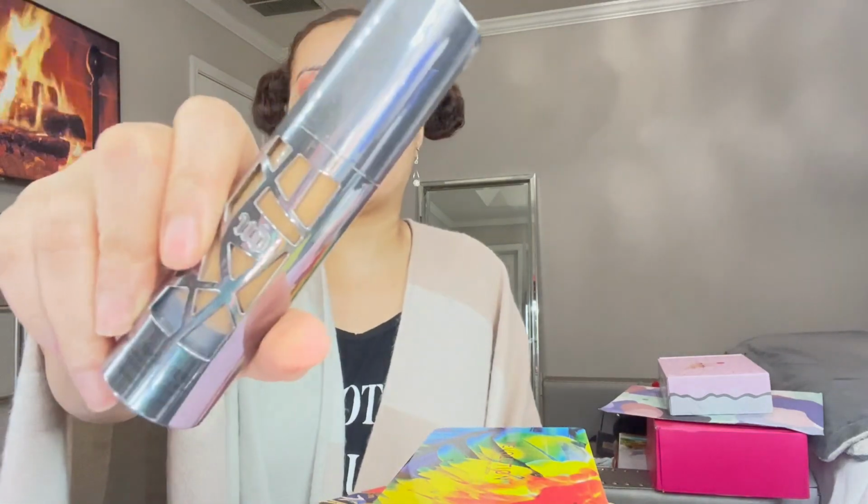I cannot find my, I don't want to use my Urban Decay. This is my Urban Decay waterproof foundation. I swear by it. I love it so much. I'm going to just go ahead and use it because I can't find my other one. Anyways, so